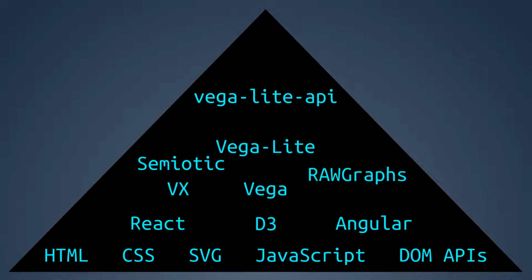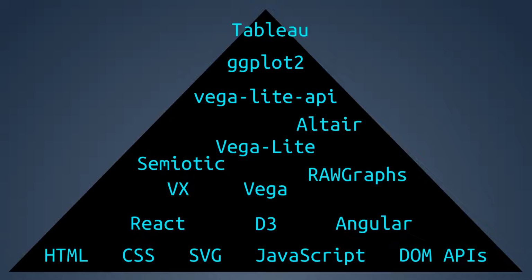In the Python ecosystem, there's a thing called Altair, which is actually a wrapper of sorts around Vega Lite, and it lets you produce Vega Lite specifications in Python. And it's quite similar to Vega Lite API. Altair and Vega Lite API are quite similar to ggplot2, which is sort of the original high-level API for producing visualizations. Even higher level than this, you have commercial tools like Tableau, where you can produce visualizations without writing any